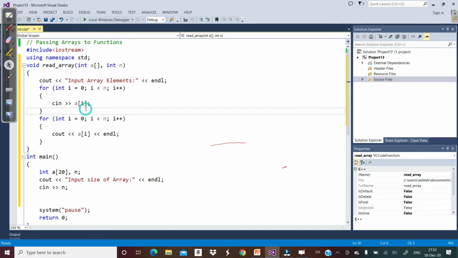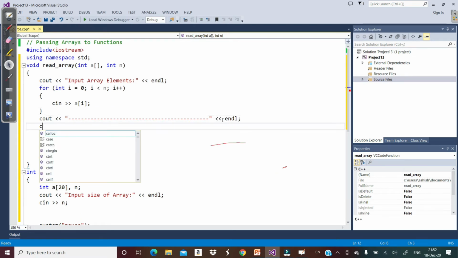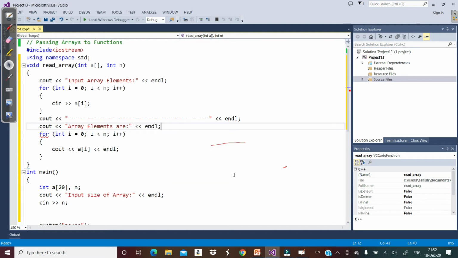Here we can write cout just to differentiate, endl, and cout array elements are. Okay, and then we can call our function here.